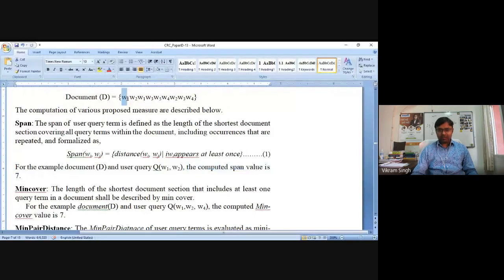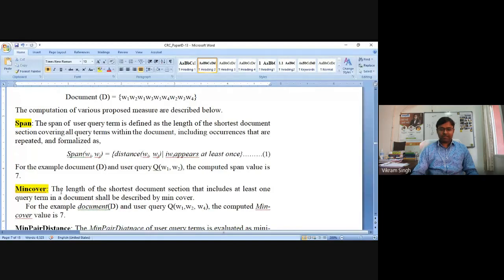So you can see W1 is appearing here, W1, W2, that is the minimum thing. Then we have W1 here, then again W2 here. So this will cover this portion, it will consider this length of text as a span. Similarly, if you see the min cover, min cover is another formulation, another measure